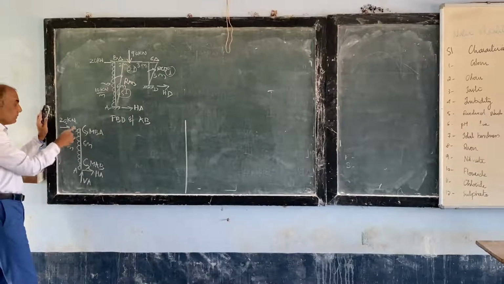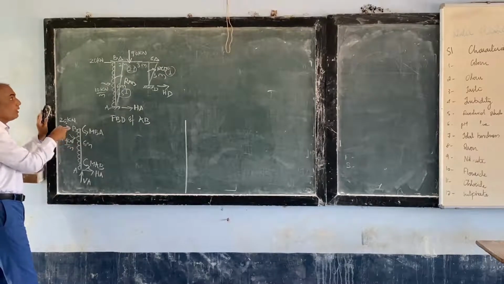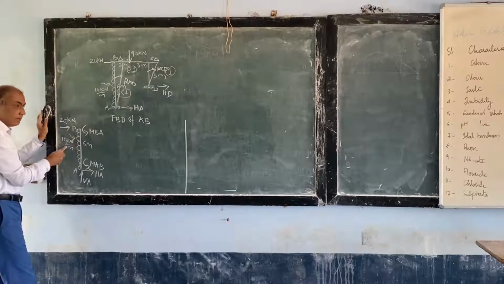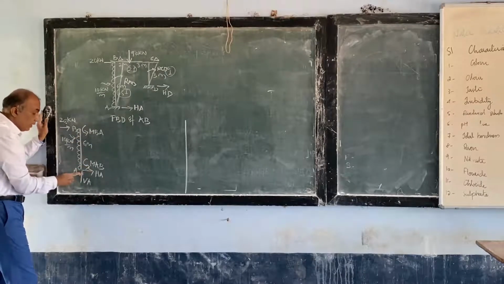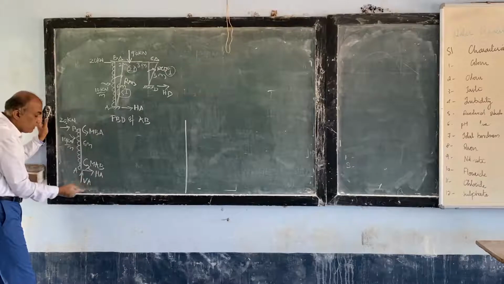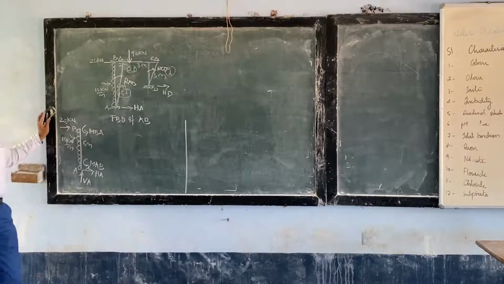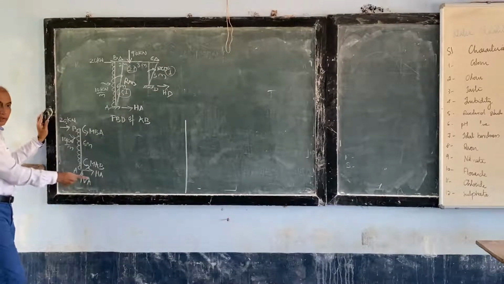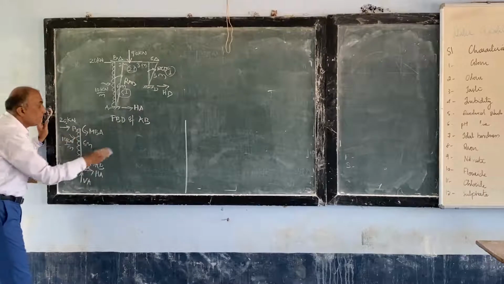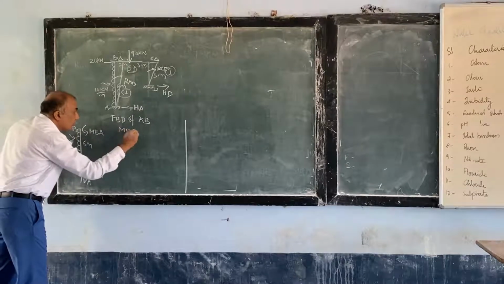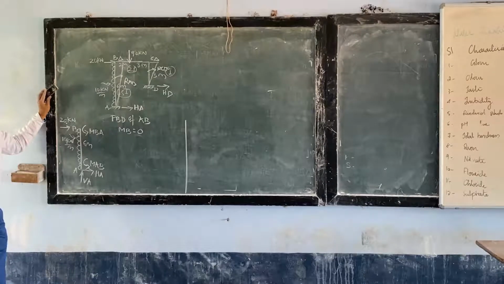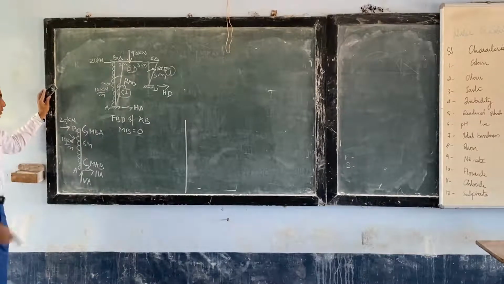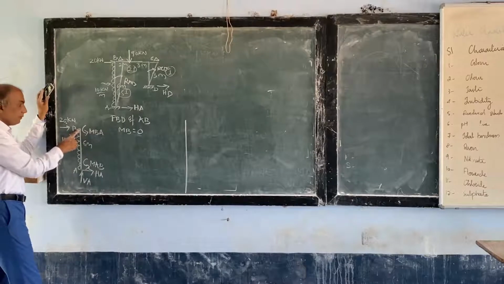It contains a concentrated load of 20 kilonewton, a UDL of 10 kilonewton per meter for 6 meters, moments MBA and MAB which we don't know, the horizontal reaction HA at the bottom, and the vertical reaction. Now I need an expression for HA. To get it, take moment about B equal to 0. What is moment about B equal to 0?